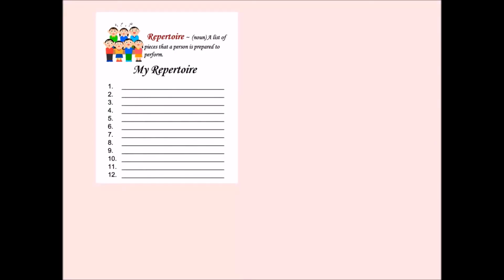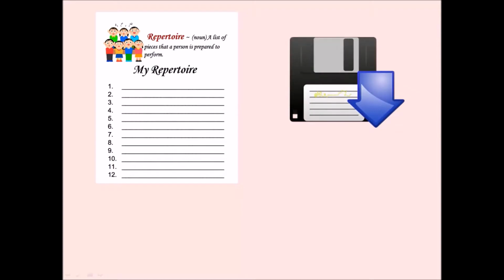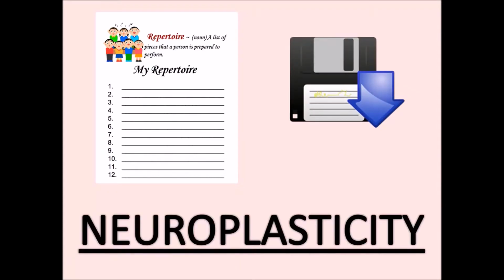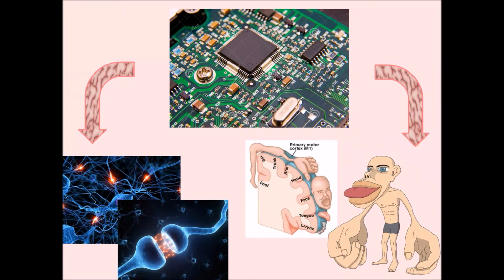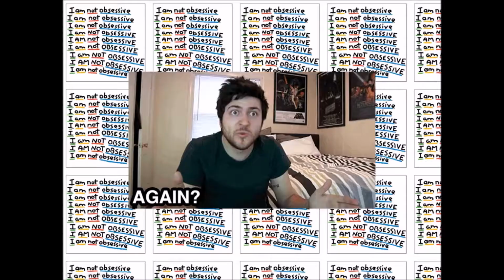In order for us to add an activity to our repertoire, the brain must store this information so that it becomes reproducible. This is done through a process called neuroplasticity. During neuroplasticity, the brain circuitry gets rewired by the addition of new synaptic connections and/or the strengthening of existing ones, as well as reorganization of the cortical representation of the body parts involved in the activity to be learned.